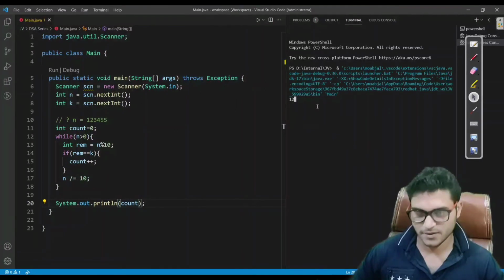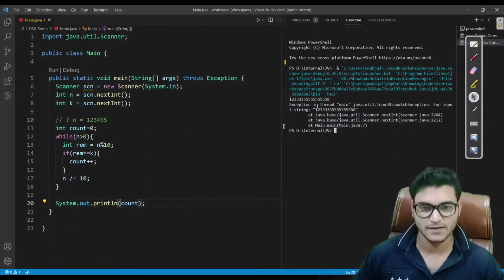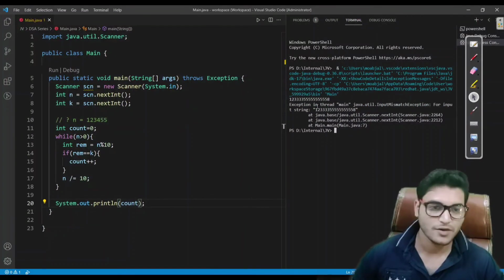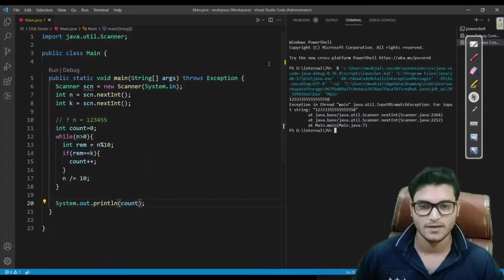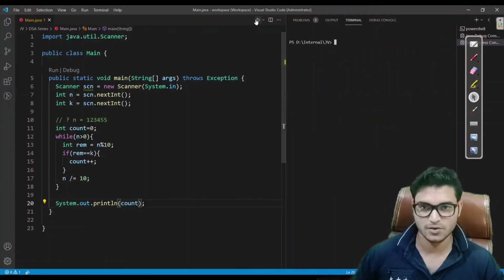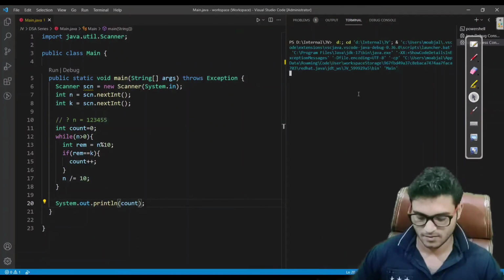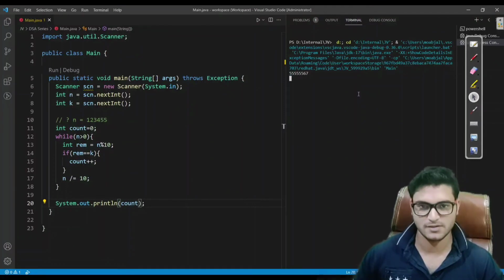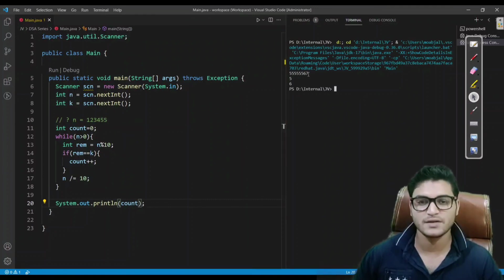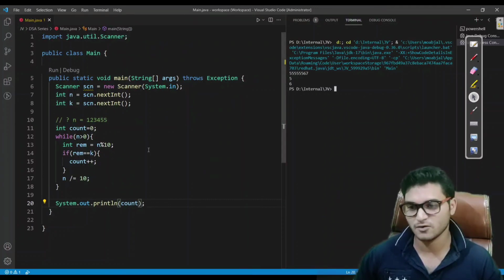I will enter 1 2 3 5 8 and search. Okay, it is giving an exception because this number does not lie in the range of integers, so it is not able to convert. I will enter a smaller number, let's say 55568, and I will search for 5. 5 appears 3 times in this particular number. So we are getting the correct output.